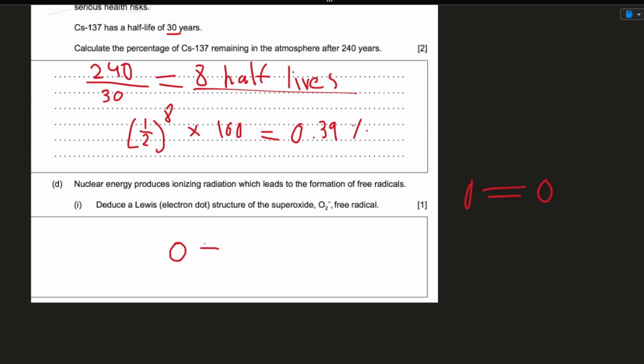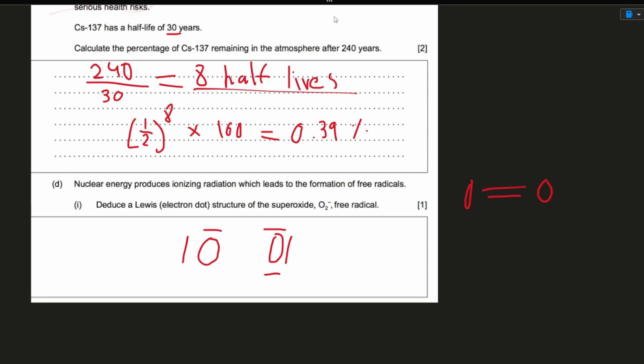Since it's diatomic, it's going to be undergoing a covalent bond, which means these two oxygen atoms are going to be sharing an electron. So in order to express this properly,